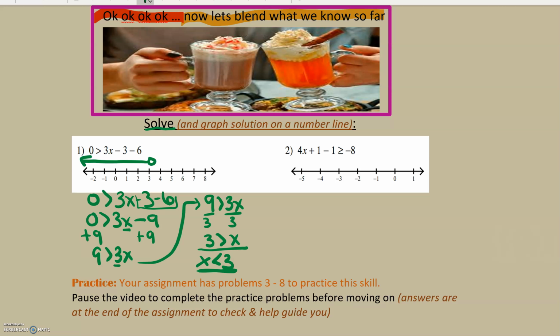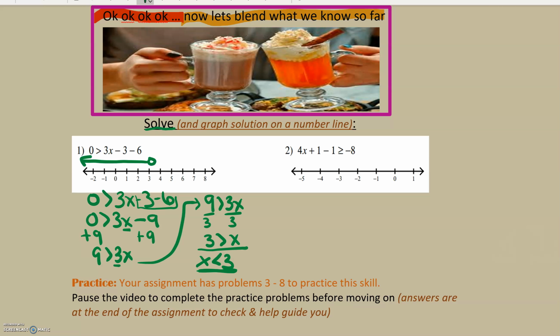Sorry about that cutoff. What I was trying to say was that as we solve this, we're going to solve like we normally do any equation, but we have to pay attention to that inequality symbol. We ended up with 9 is greater than 3x. We then divided both sides of the inequality symbol by a positive number, so we do not need to flip